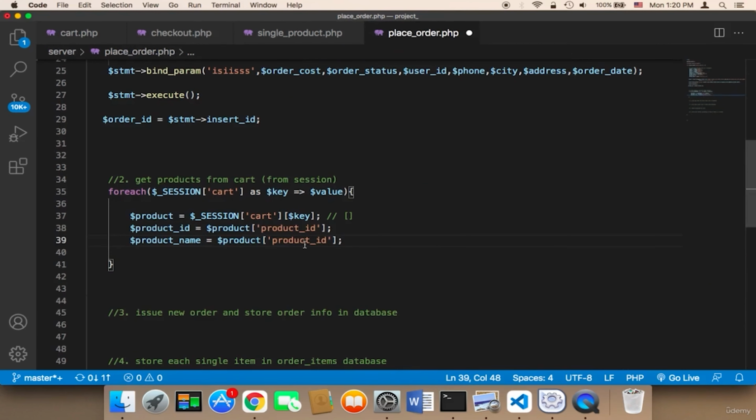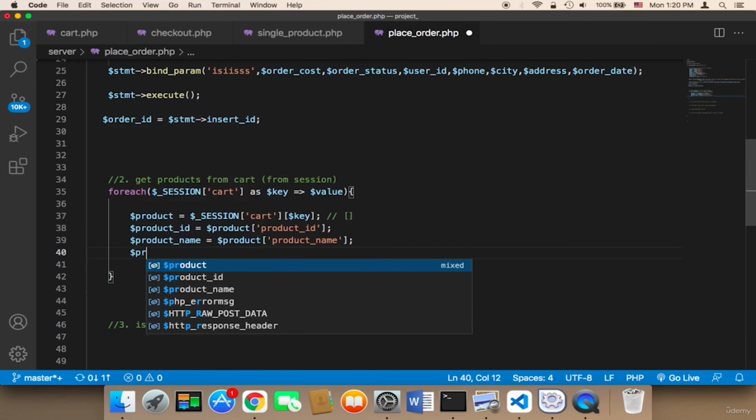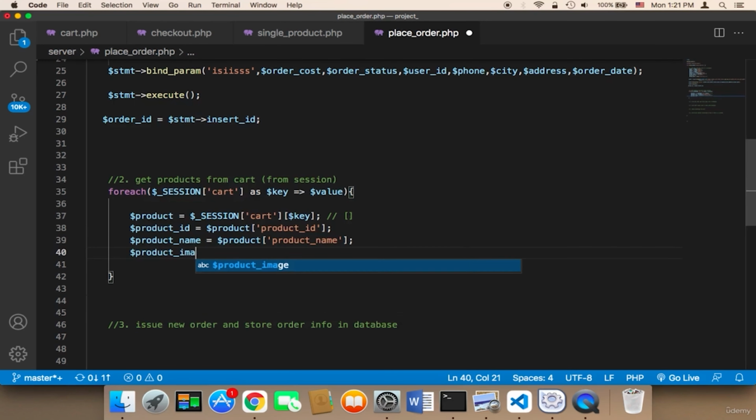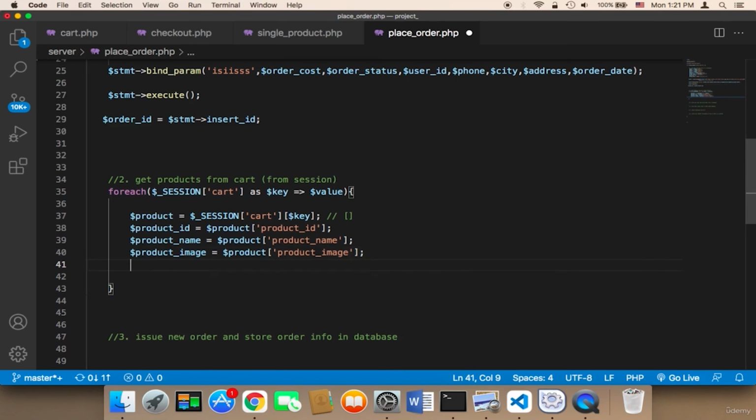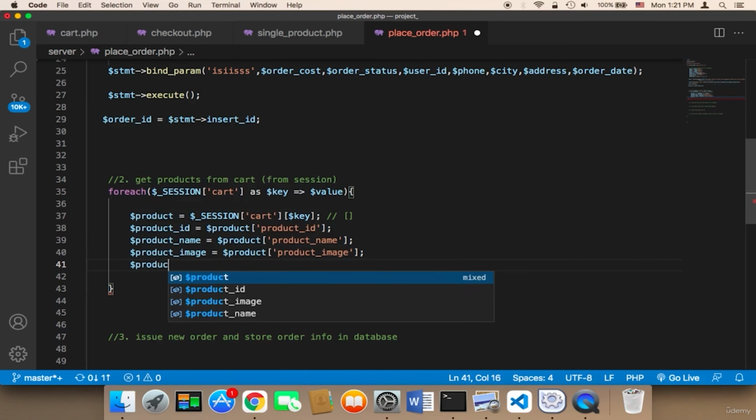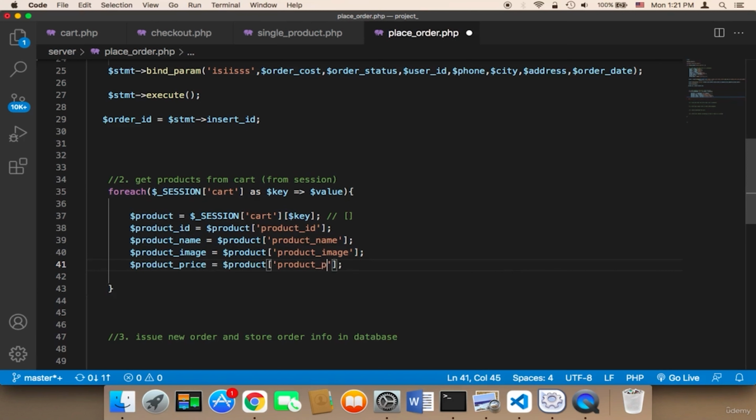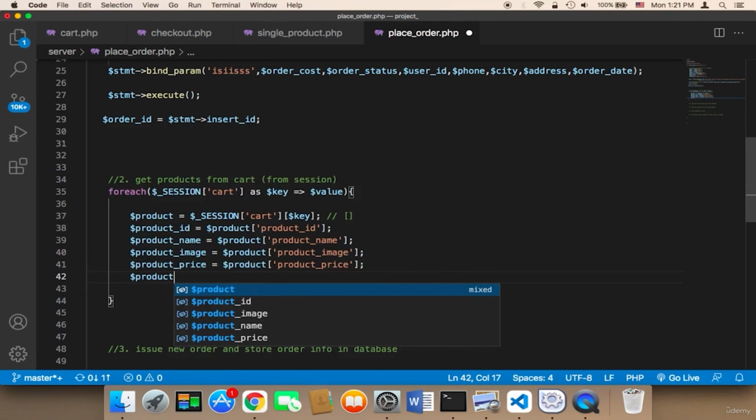So here name, and then product image, and then product price, and then product quantity,